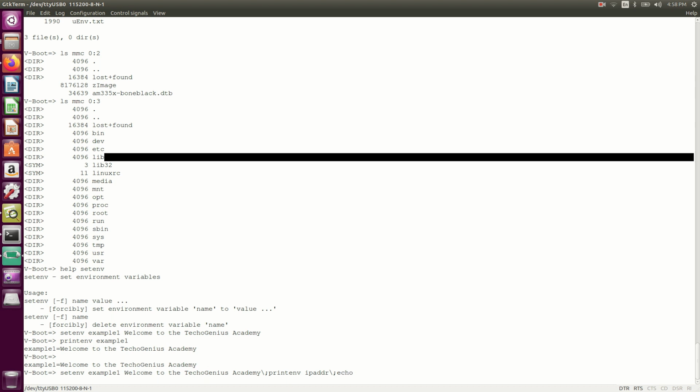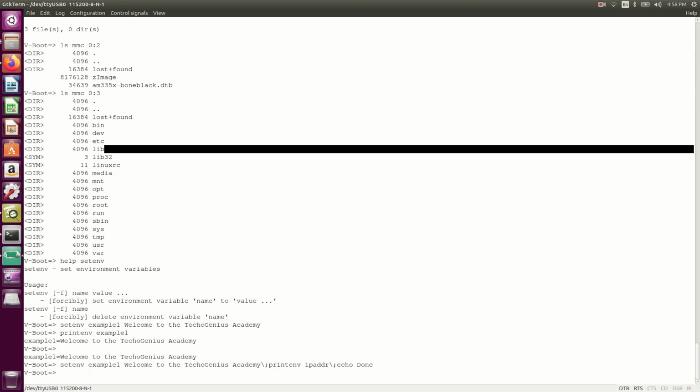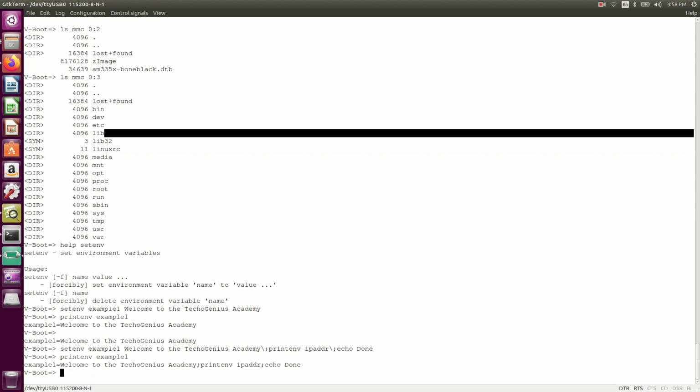I'm just printing, not running, printenv example1. It's just welcome to the Techo Genius Academy, printenv ipaddr, echo done. But if I want to see what the IP address is, you need to run example1. But I have not set the IP address.